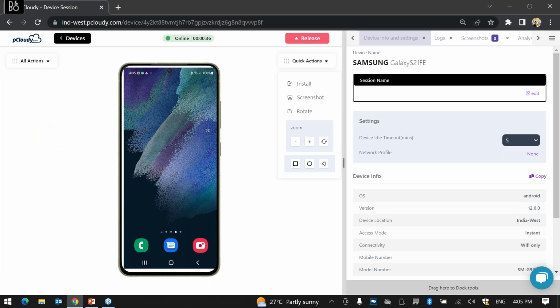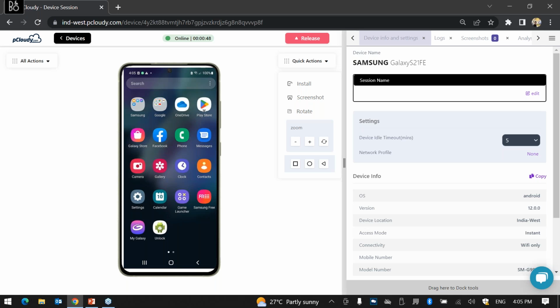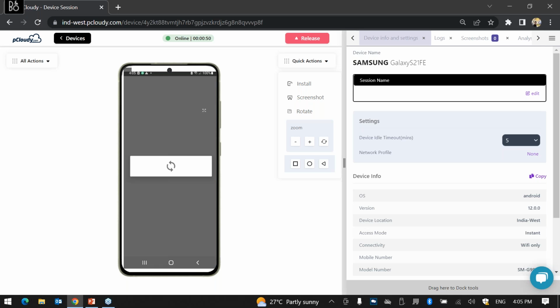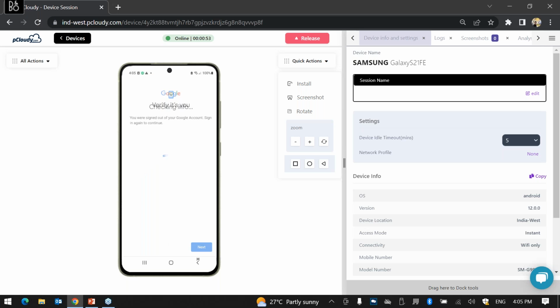I'll just try to run a few. We are more focused on the AI, ML, and the other automation techniques, but I'll just quickly showcase. So you can get started by installing your app. If your application is in the Play Store, you can download the app from production and install it.